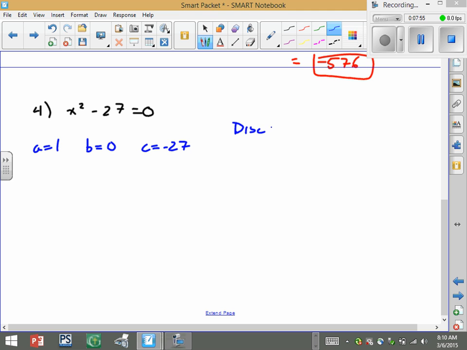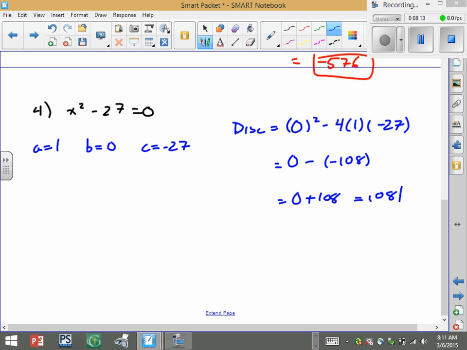So the discriminant, b squared, 0 squared, minus 4 times 1 times negative 27. So we have 0. And then 4 times negative 27 is negative 108. When you subtract the negative, we end up with 0 plus 108. So that's 108. That's positive. So there are 2 real and 0 imaginary. That would go on the blank on your page. For number 5,